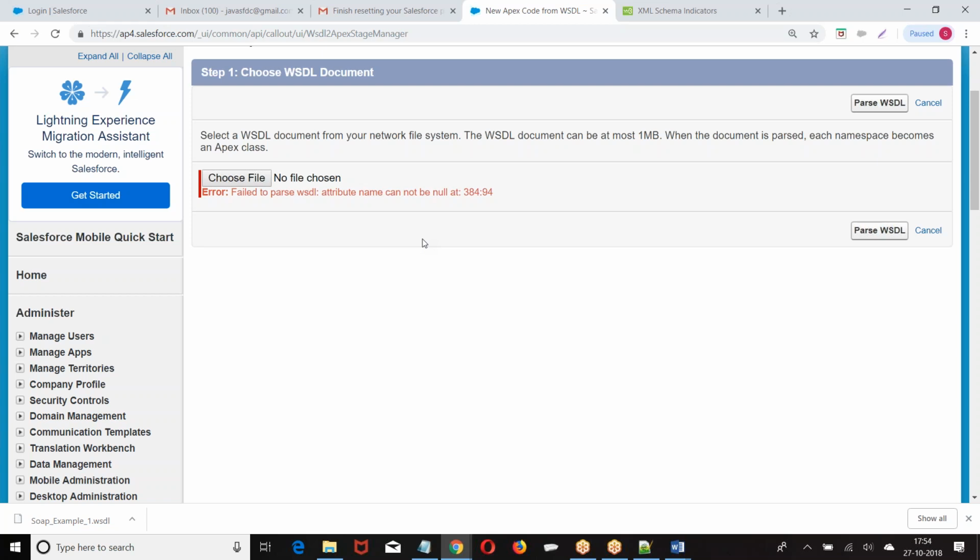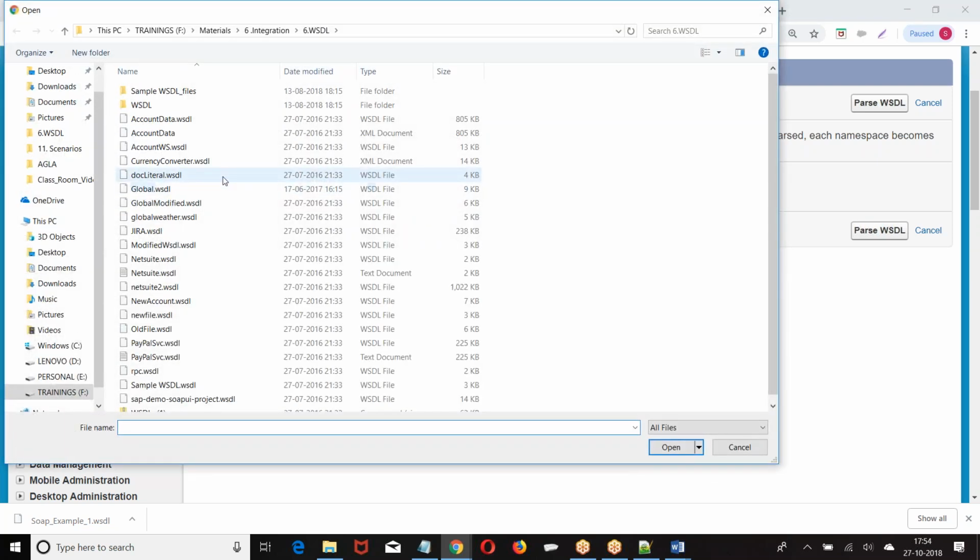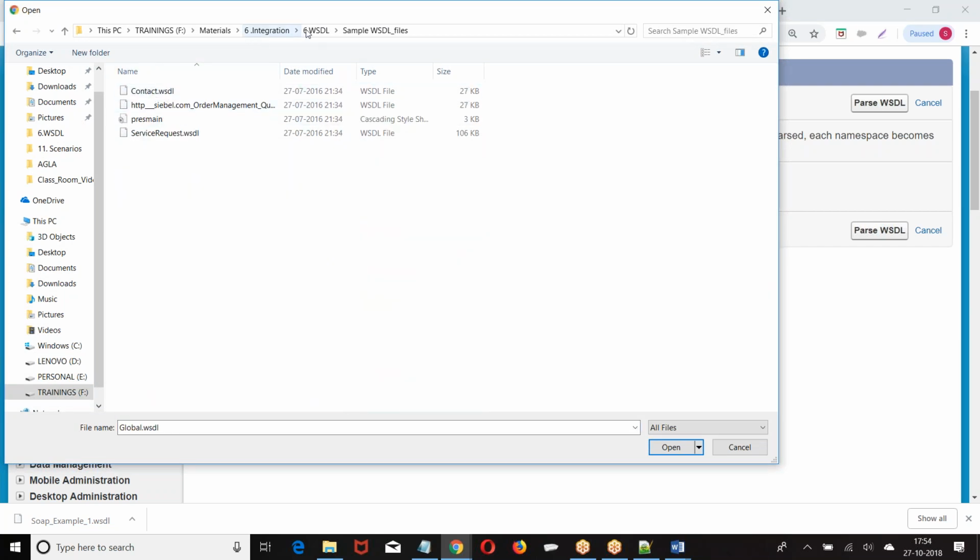If somebody asks you to tell the list of errors you encountered: one is RPC not supported. Second is target namespace not defined because of the localhost. Third is attribute cannot be null, because if you are defining attributes, the name must be given. Then I'll give you, I guess I have more error files.